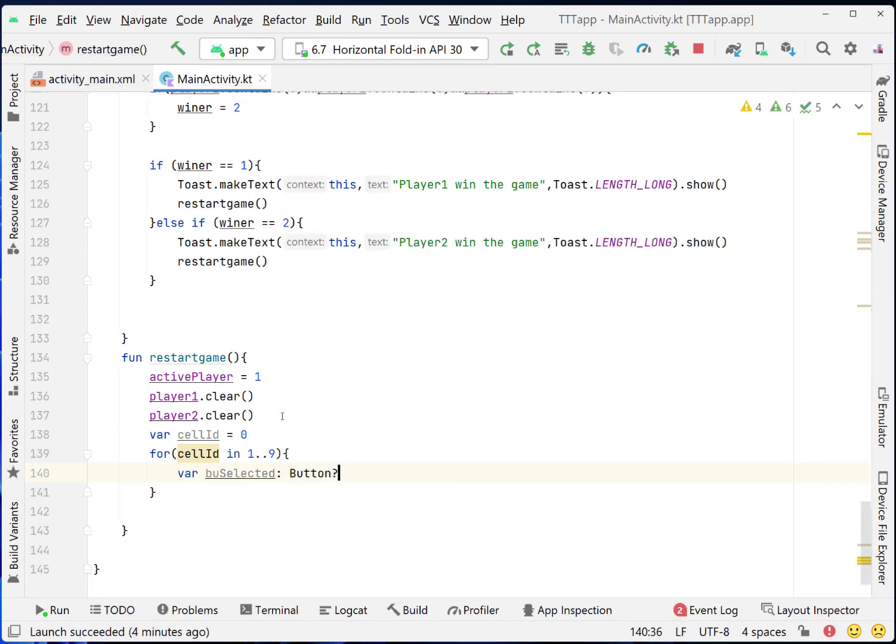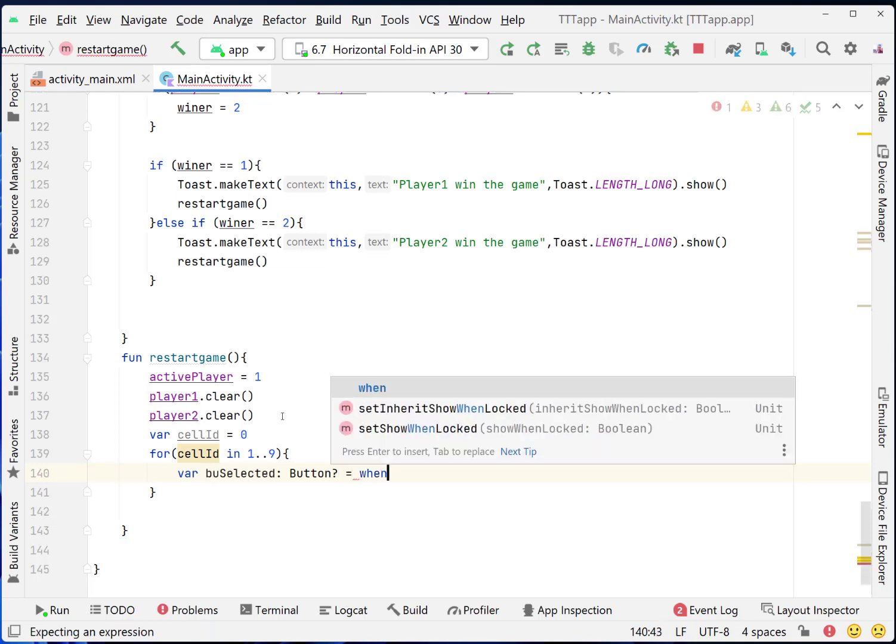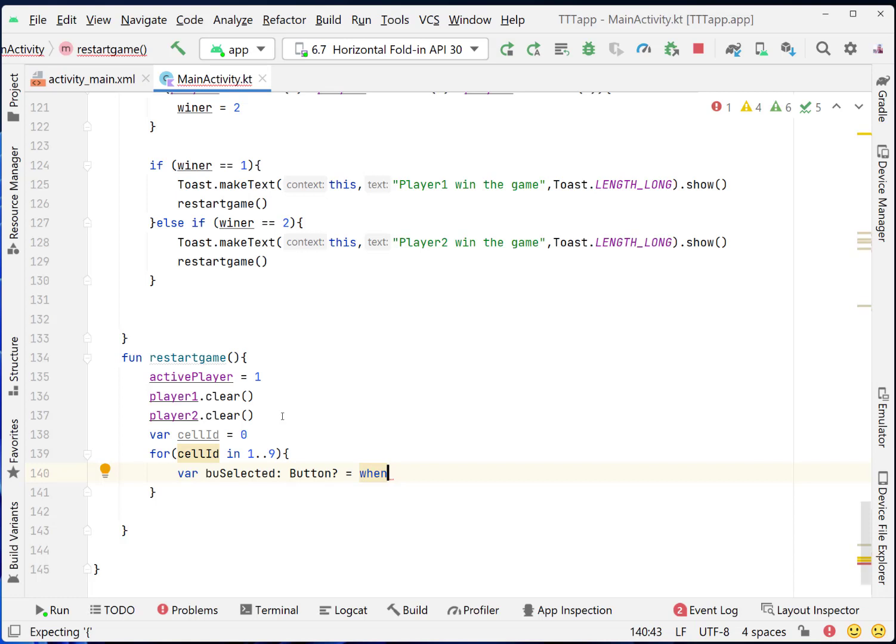We don't know the value, that's why we put a question mark. Then we say when what? When this cell ID, because it will bring the ID of them that we assigned before. Then we open brackets,